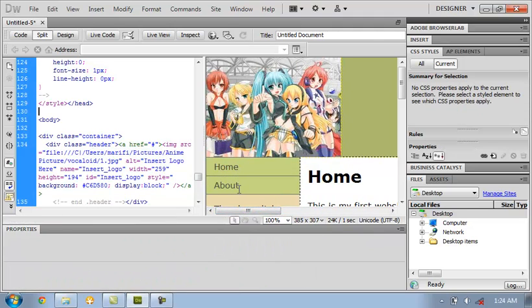We have two links, that's why we need to add an additional web page.